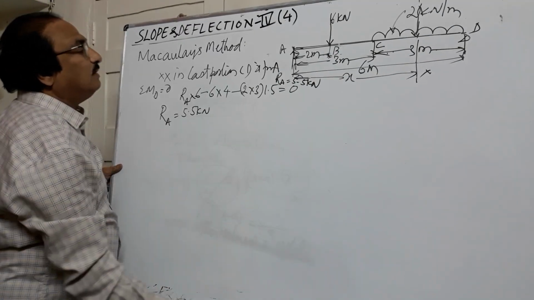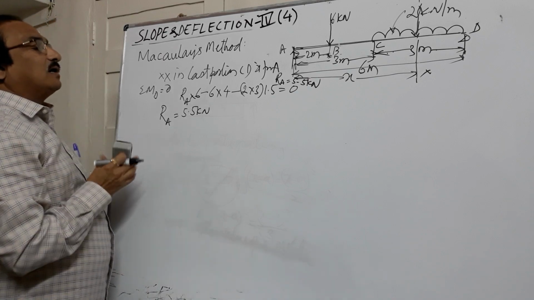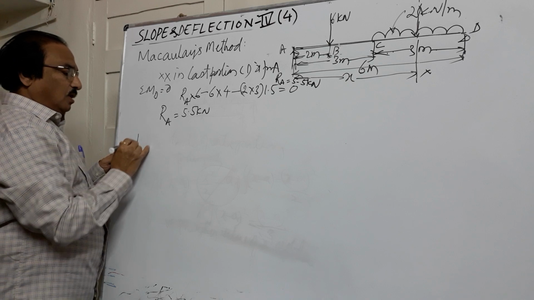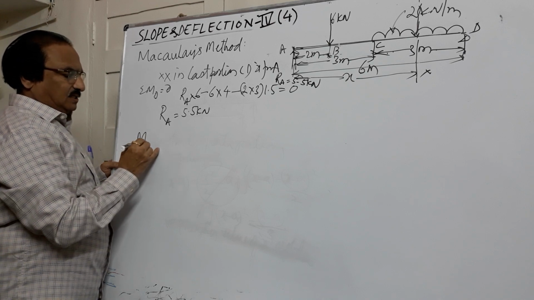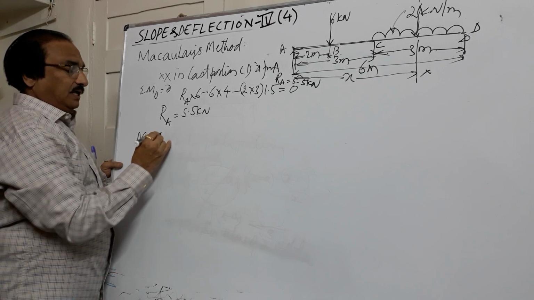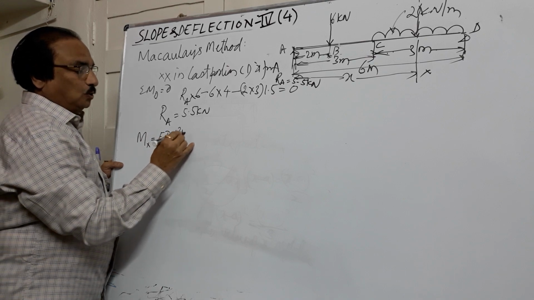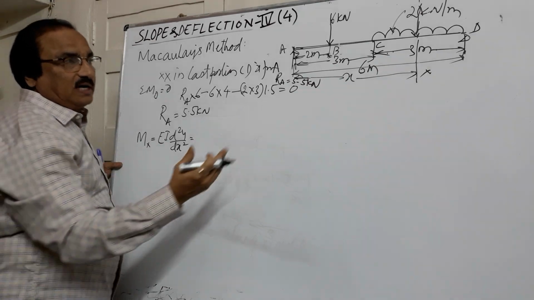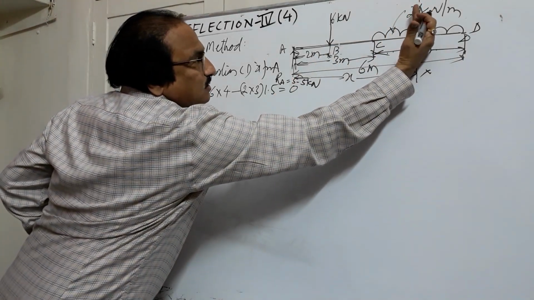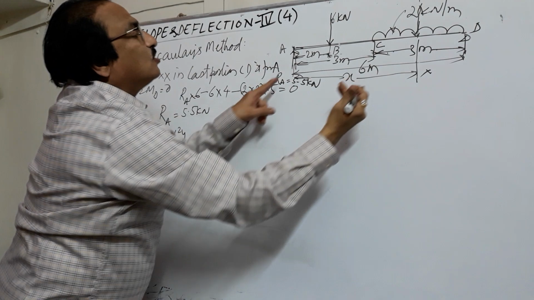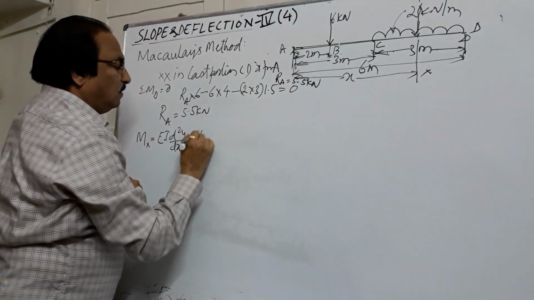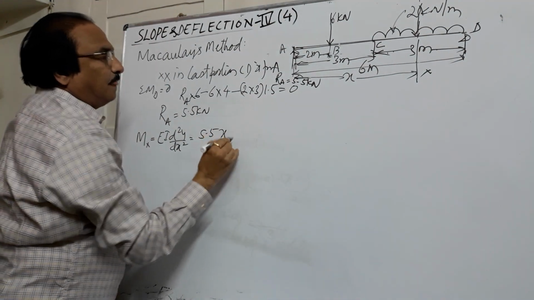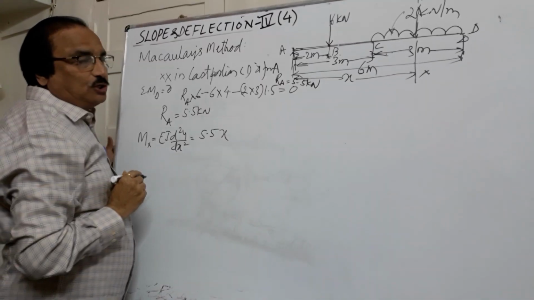Then we will go with Macaulay's method. As per Macaulay's method, we consider the section in the end portion. So we know the moment at the section is given by EI d2y by dx square. We have seen this. So if I take moment of the forces about this cross section on the left hand side, RA is 5.5 and the perpendicular distance is x, clockwise positive.